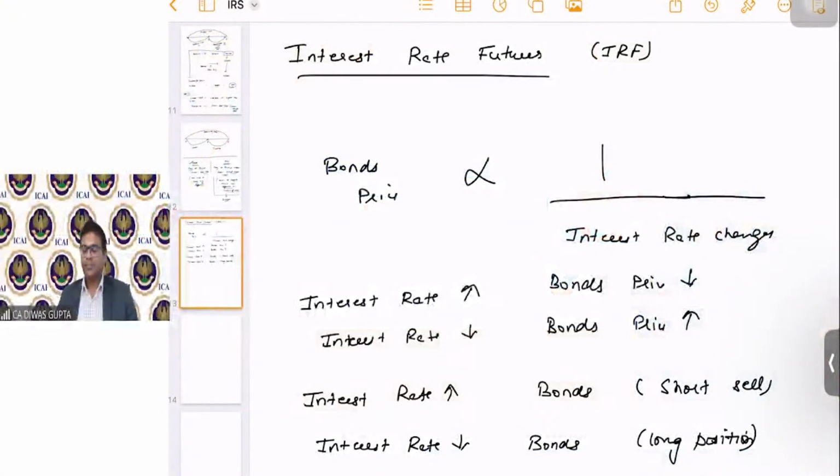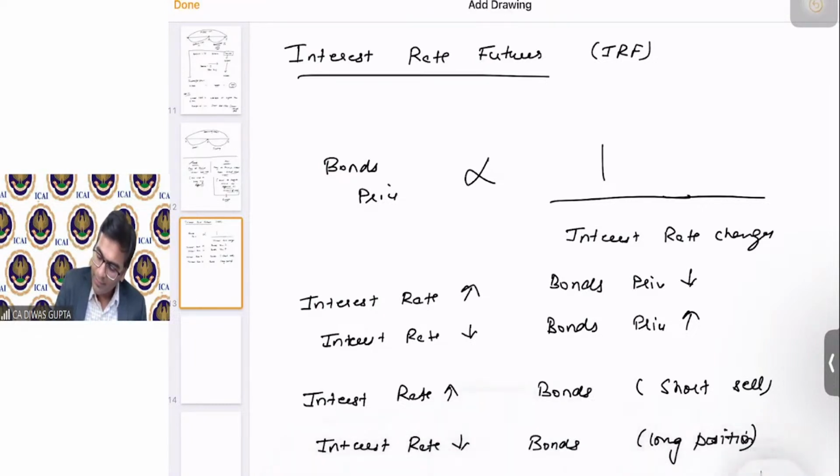Back. So before going to the break, we were discussing about the interest rate futures. And here we said that interest rate futures are more importantly related to the bonds price movements. And since bonds price are inversely related to the interest rate changes, the risk of interest rate going higher will be secured by short selling the bonds. Okay. By means of short selling the bonds futures. I need to specify the futures here. Okay.